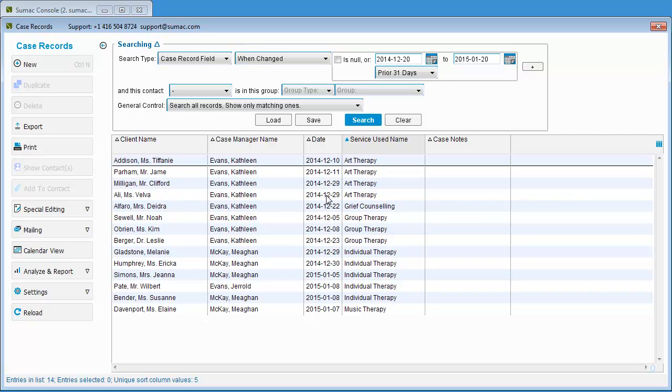Now that we've prepared the report, we could export or print it. However, another helpful feature in Sumac is the ability to save these custom reports. After all, you may need to run this same report again in the future. Rather than having to set up this report every time you need it, you can save the report settings. The next time you need to run this report, you can load the settings and Sumac instantly creates the report